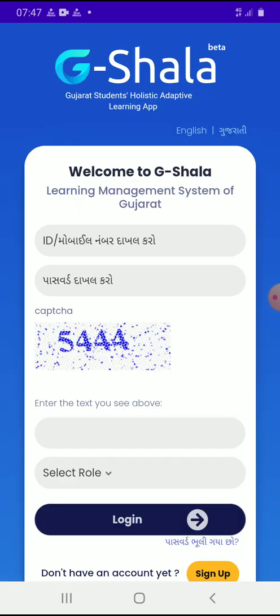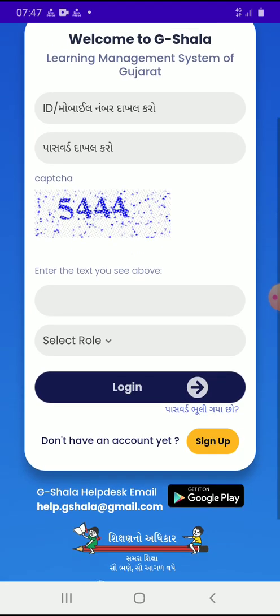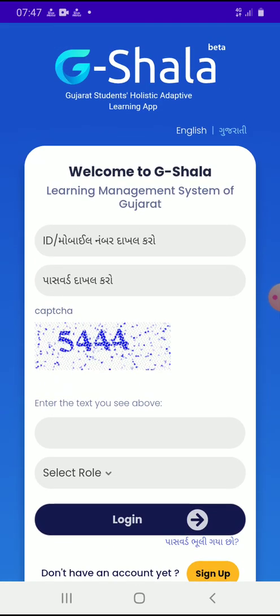You have to click on allow. Now you can see English and Gujarati on the top right of this white area. You have to click on English so that all the information of the app will come in English.